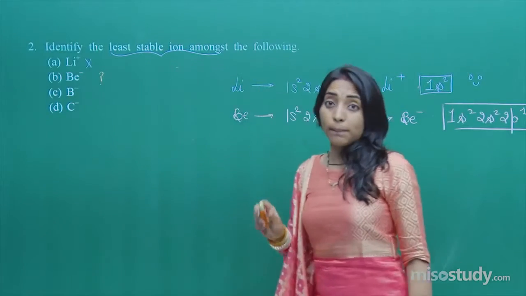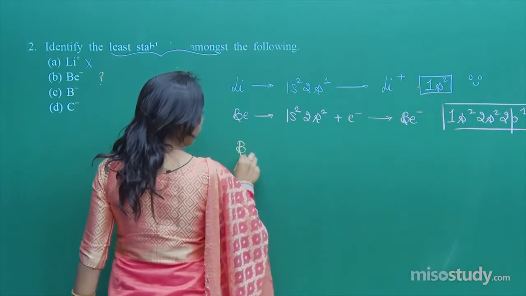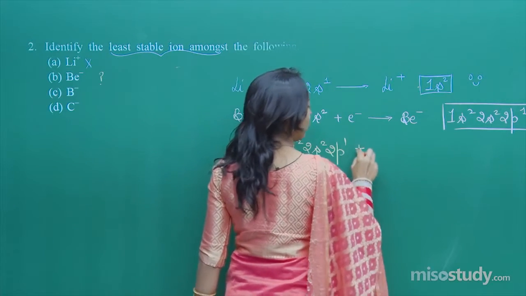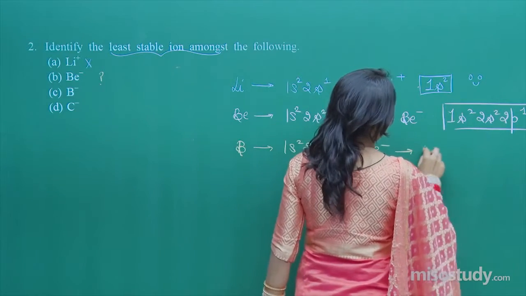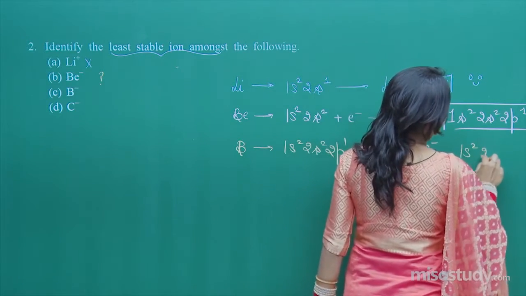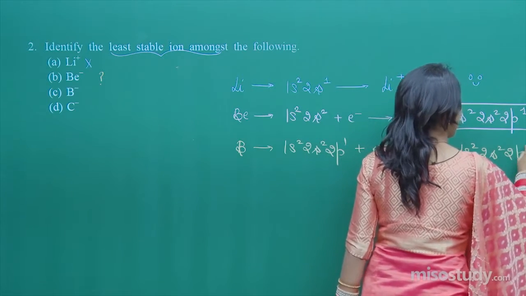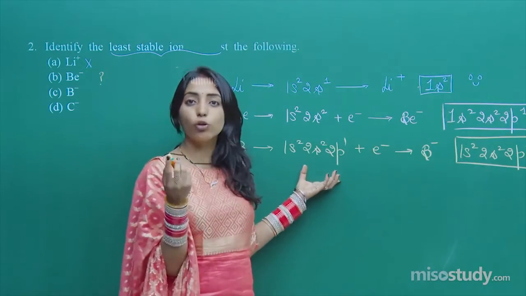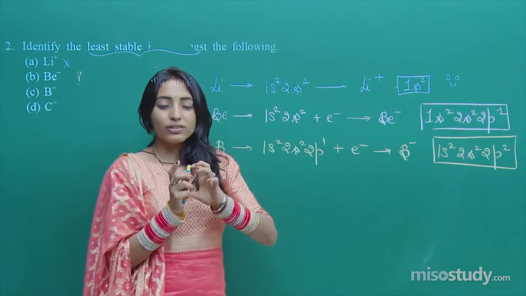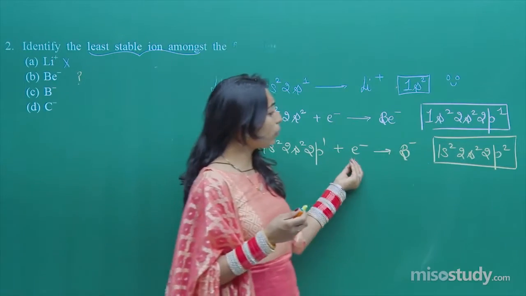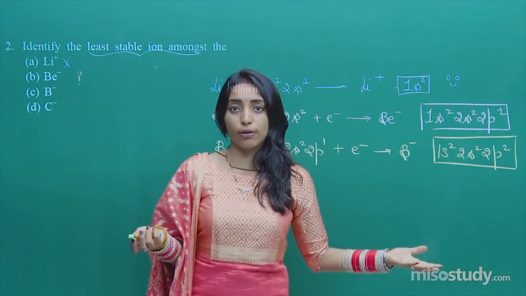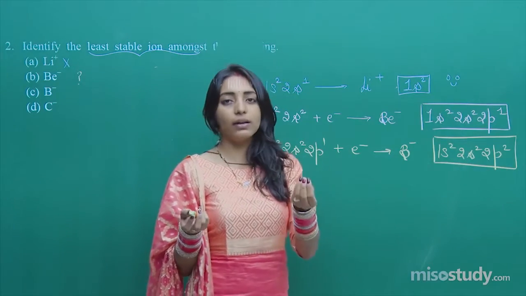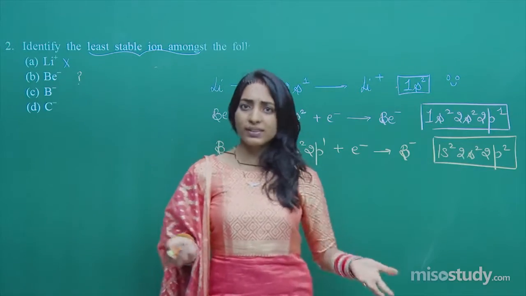Let's move on to B minus. So see, boron is 1s2, 2s2, 2p1. Now when you have to add one electron, it will form B minus 1s2, 2s2, 2p2. Now you know, if I compare, so here boron was having 2p1, okay. I mean, it was not very stable, and you are adding one more electron, it is not becoming very much unstable also, right? So earlier someone is like rich, okay, and you are taking 10 rupees from that rich person. He will still be rich, right?